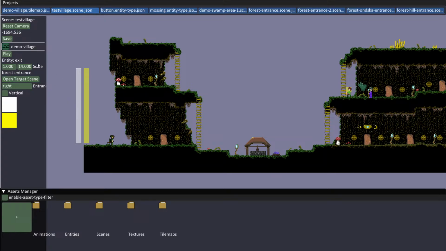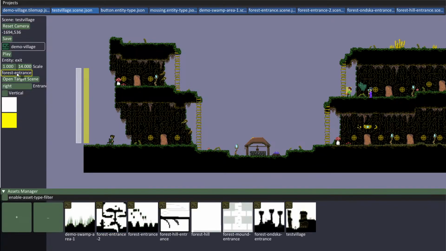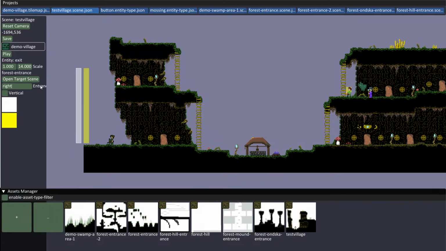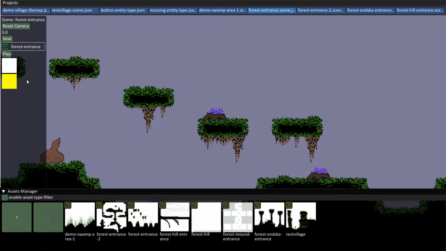So this one, for example, the exit, has a target scene, which for this thing is the forest entrance. Oh, I haven't made that an asset input yet. Yeah, so you can drag and drop an asset here and it will change the target scene. And then you also have this entrance key, which you don't see the label here, but it says entrance key here, and that is where in the target scene this exit will lead to. So it will lead to the one called right, and then you can also click this button, which is open target scene. So you go to that scene